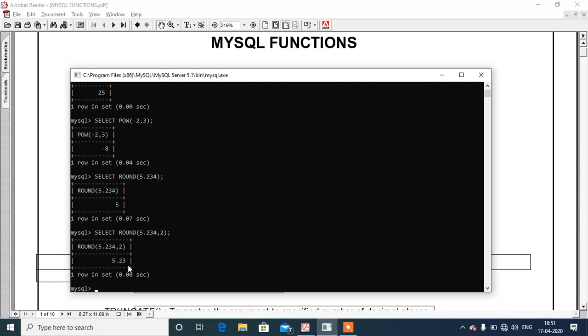Now I am writing select round bracket 5.654. Now in this case you will get 6 as a result. When the value after the point is 5 or more, at that time it will be rounded up, and in case the value is less than 5, you will get the rounded down value.